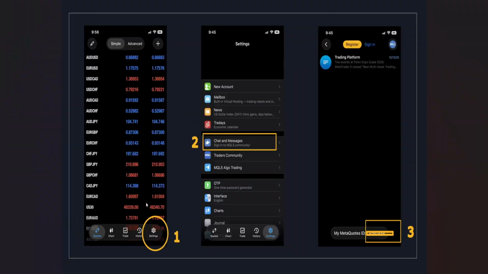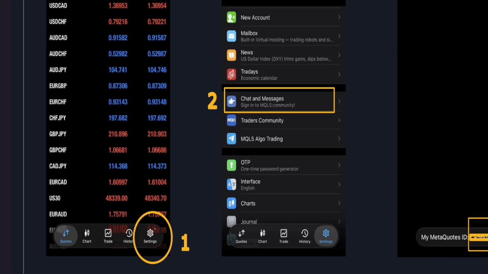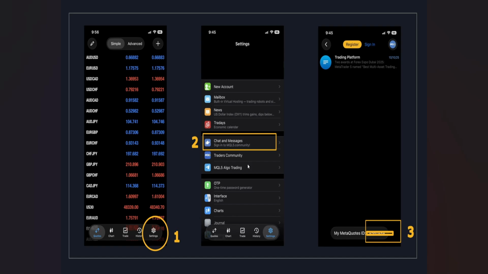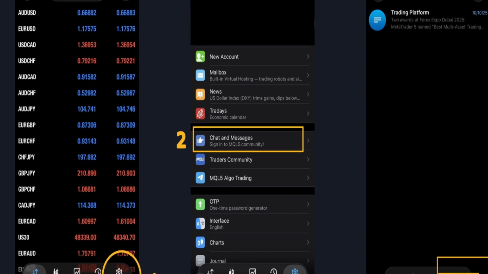On the app, locate Settings and click it. Once you click it, this page will be open. When this window is open on your phone, navigate to where you have Chat and Messages. Click on Chat and Messages. Then